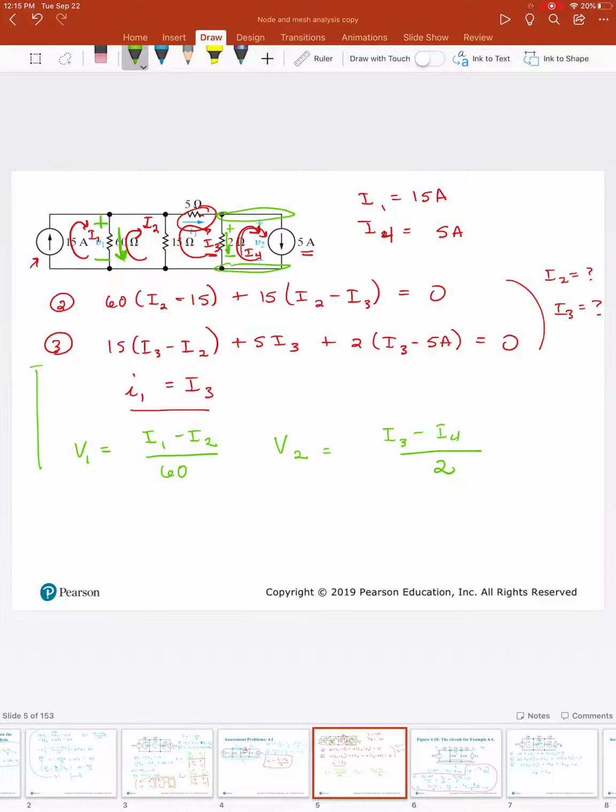Okay, so that uses the mesh current method to solve the same problem that we just previously worked with node voltage. Hopefully I'll find a way to merge these two videos so that you can watch them at the same time, but if not, label this as a